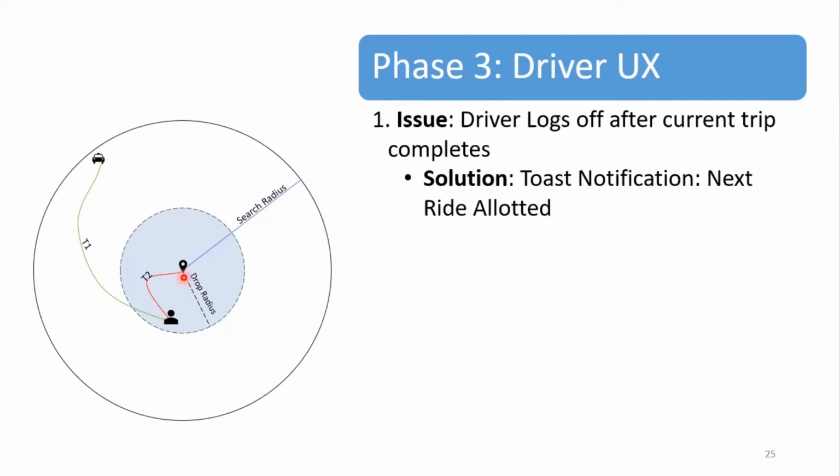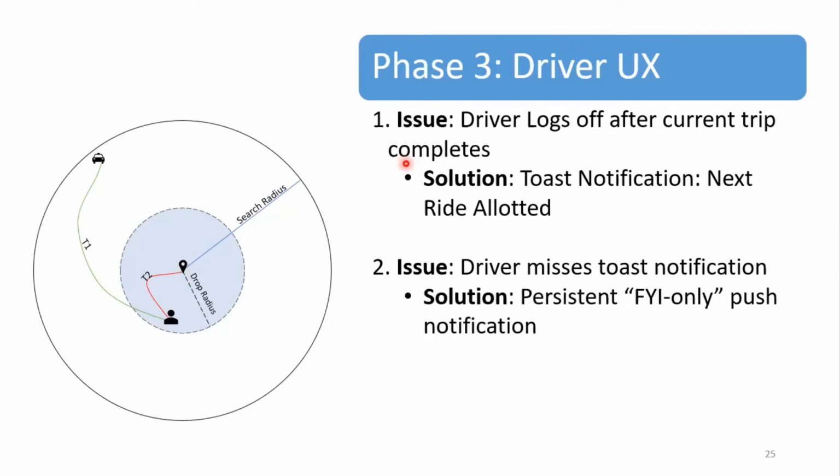We added a toast notification on the driver app saying, "Hey, your next ride has been allotted." The issue with toast notification is the same as with the customer, which is the drivers are driving in traffic and it's noisy and loud and stuff. They are not looking at their screens. The toast notification comes and disappears, and again, it's the same situation as the first phase, which is the driver misses the toast notification. So one thing we could do is try and have a persistent notification on the screen